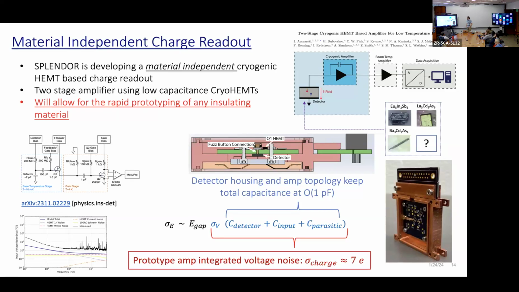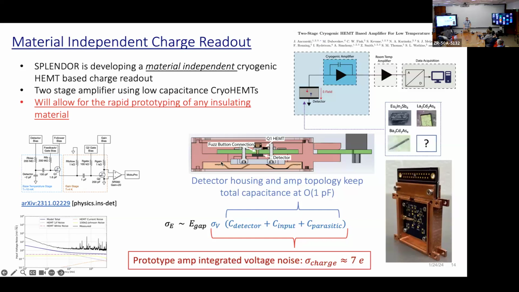So there were some unknowns, where we didn't know if the HEMTs would even work below 4K because they hadn't been measured before. We were very happy to find out they did. So this actually works. And in some sense, this would limit the number of detectors that you could run on your mixing chamber because you would need enough cooling power to keep that HEMT cold.